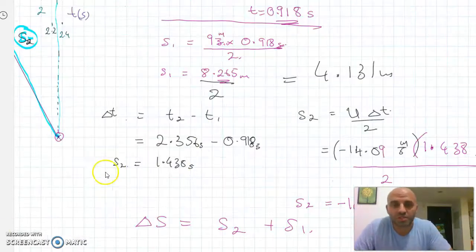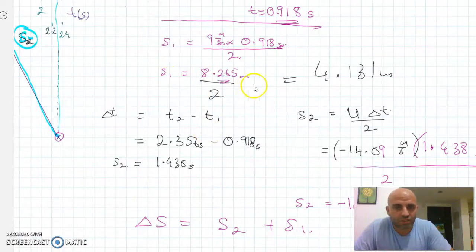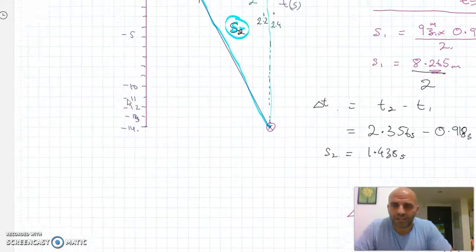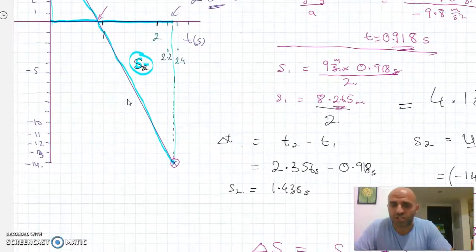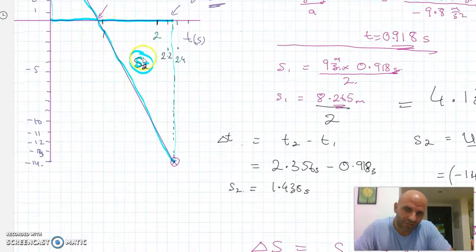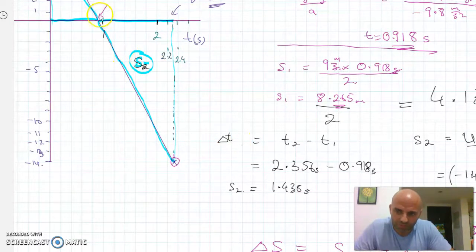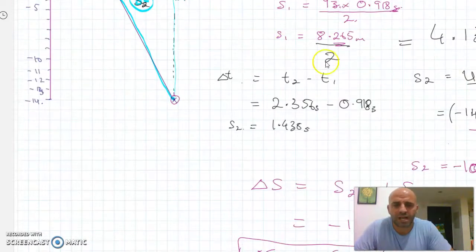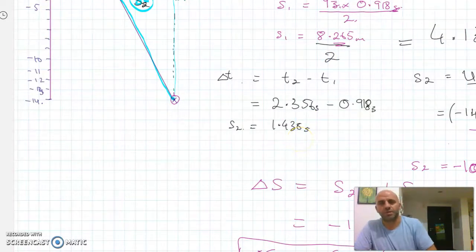So apologies for this. I noticed that I made a mistake. S1 should actually be 4.1 meters, 4.131 meters, because I forgot to divide this one by 2 because it's a triangle. Anyway, to calculate the change in time for when the ball is now falling, it goes from this point in time here, which is 0.918 seconds, all the way up to the total time, which we calculated earlier, which is 2.356 seconds. Subtract the two times, and you've got a change in time